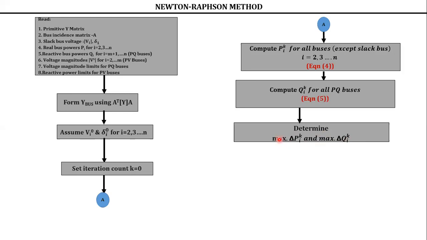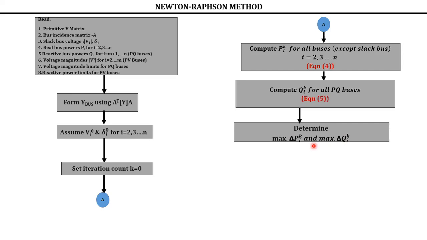Now before determining this one, you can put one more block here and you can say determine the power residuals delta PIK, delta QIK. Simple. One more block here. You can say determine the delta PIK and delta QIK. What is delta PIK, delta QIK? Power residuals. 16 and 17 equation. Use it. Then after calculating delta PIK, delta QIK, which bus has got maximum change in real power and maximum change in reactive power? That is this step. Understood? So you can find out.